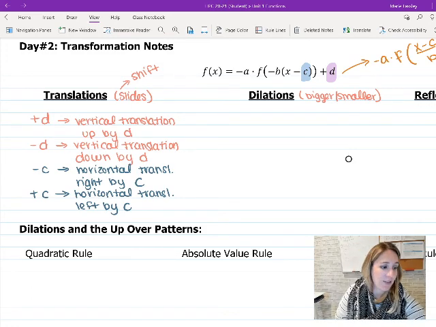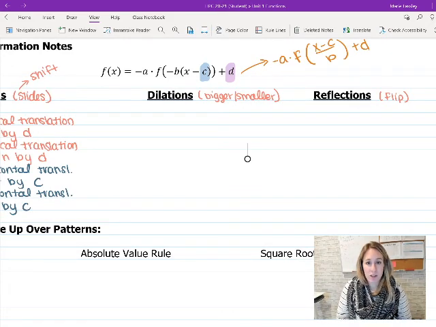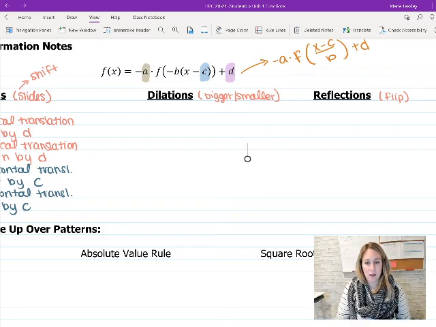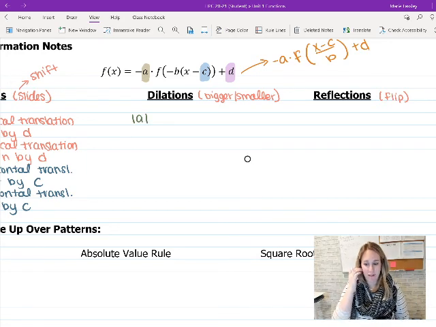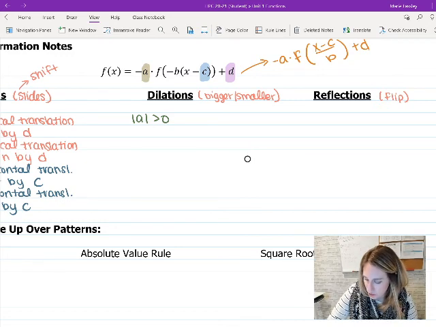Now this is everyone's least favorite, so bear with me. All right, the first one we're going to look at is, we'll stick with the vertical first. So let's look at A. Now first off, if A is positive, so if we have a positive A, so A is greater than 0, then you have a vertical dilation,